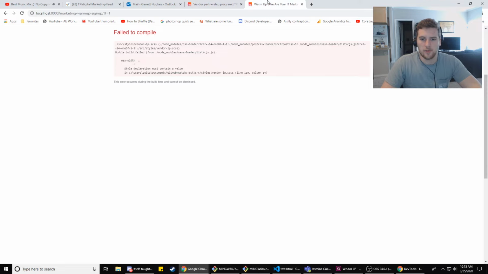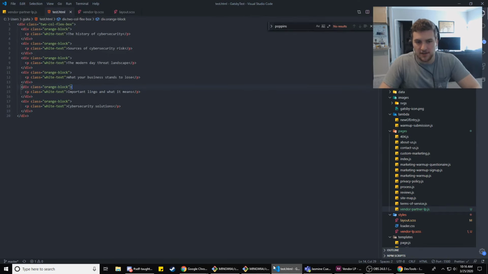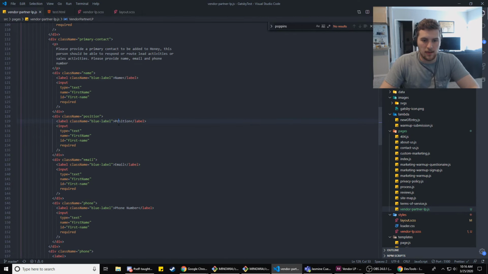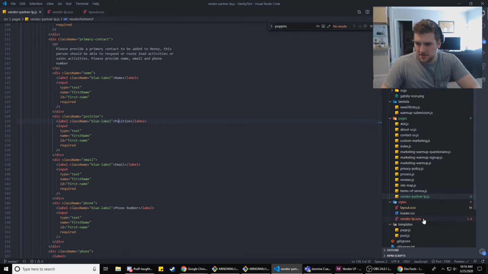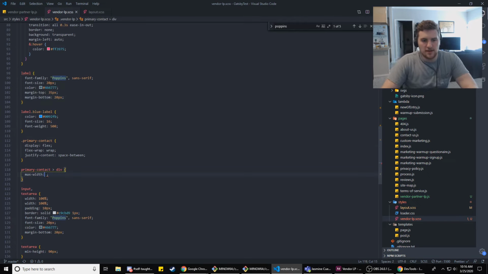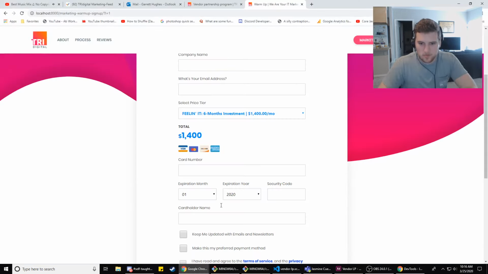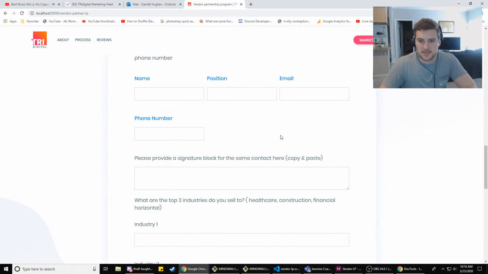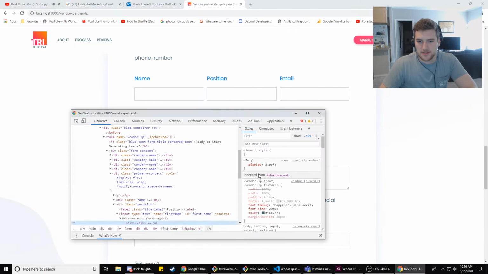Failed to compile. What did I break here? Oh god. Max width. I didn't finish the style. That's what it is. I don't need that test HTML thing. But yeah, this is Gatsby. I think it's got some kind of auto build thing built in, so I just save and it rebuilds or updates the styles. Max width is going to be 45%, right? That's not what I need. That's what I need.